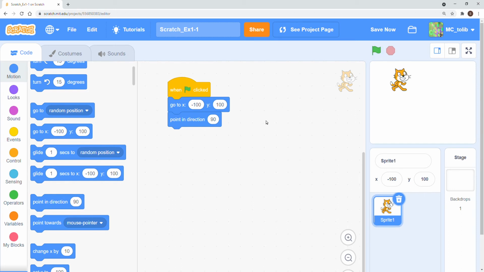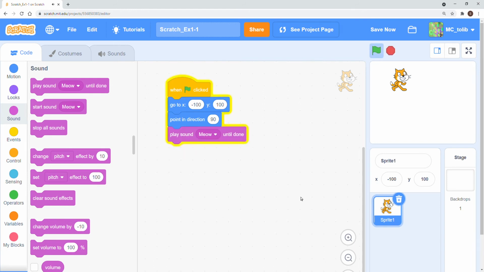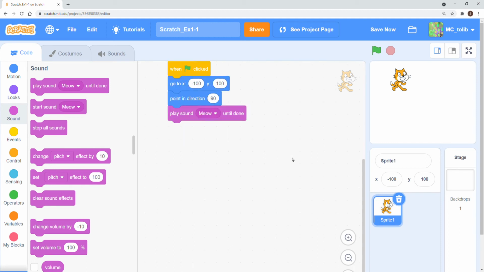And then what I want him to do is play a song. Okay, let's see what happened. Oh, he played a song. It's the meow sound. Okay, and then what we want him to do, we want him to move